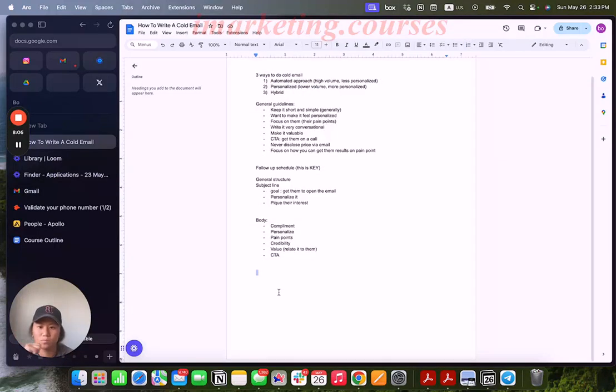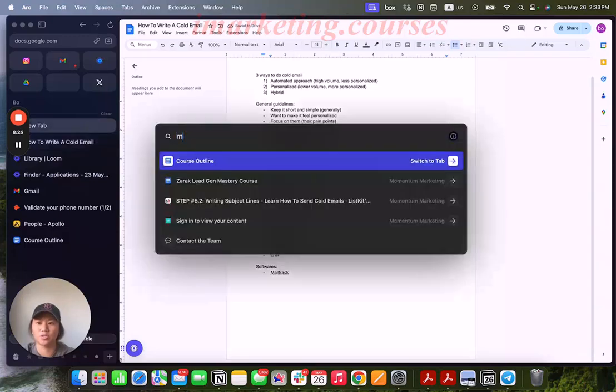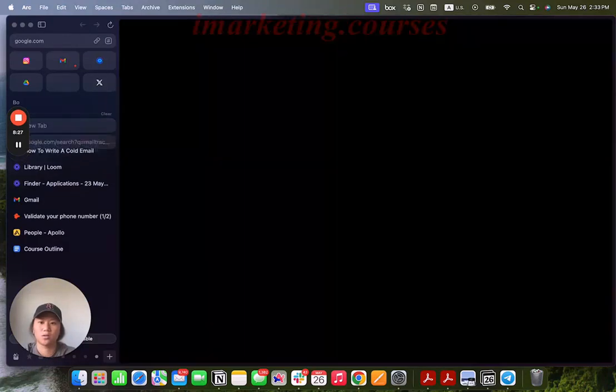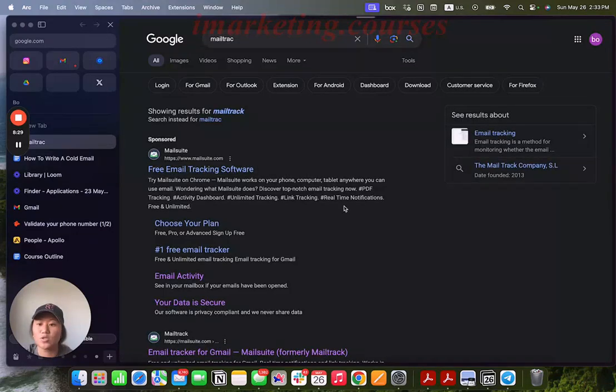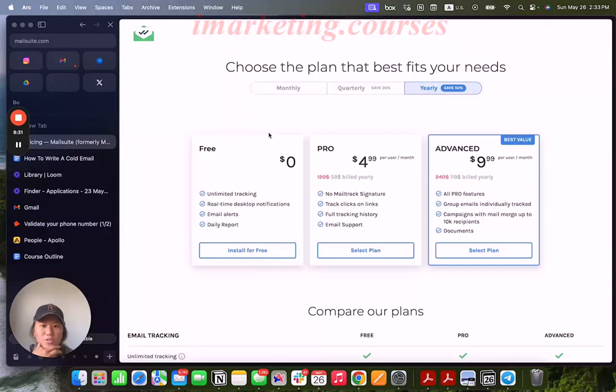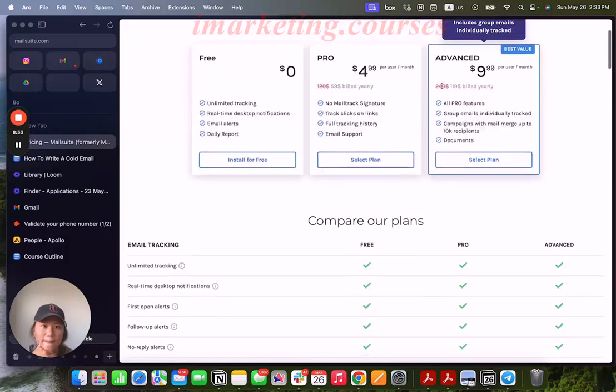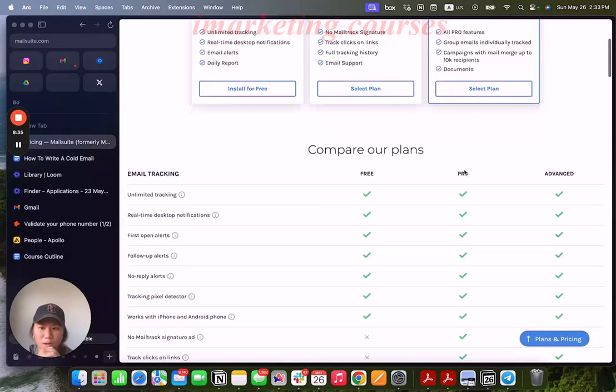And then what else did I want to talk about? Okay, so some softwares. For softwares that I would use, MailTrack is one. I think they might have changed the name, but I'll show you. Let me just look it up. Okay, it's MailSuite now. So essentially, what this allows you to do is, I think I've gone over this, but